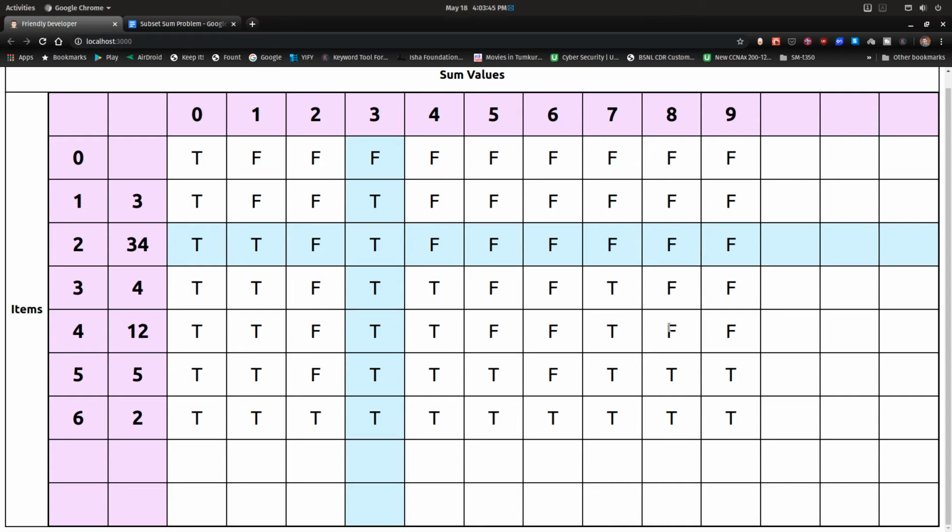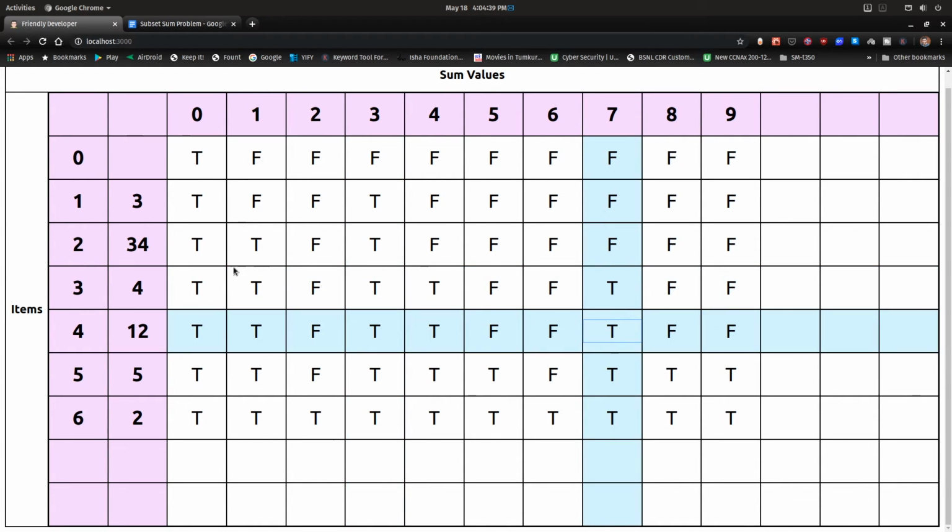Okay, so if you look at it, we don't actually need the entire table. For example, let's say I pick this cell, column 5 or row 4. Now here, if I want to find the solution, at max, I only need just one particular row. The row before this, I just need the data in this row. Okay, I don't need anything else. And this is the same for every cell that you fill in this table. Okay, every time that you need to find the solution, you just need to have the previous value that is the solution to the excluded problem, and the solution to the included value.